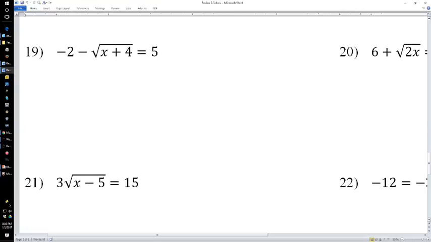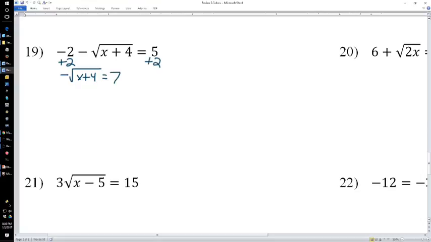Alright, 19 is a little different. We can't go ahead and square both sides because of all this junk out front. Remember, there can't be anything out front or anything out behind the radical, otherwise things get much, much more complicated. So what we're going to do is start off by adding the 2 to both sides. Let's try a little cleaner. If we add 2 to both sides, we still get negative square root of x plus 4 equals, and we add 2,